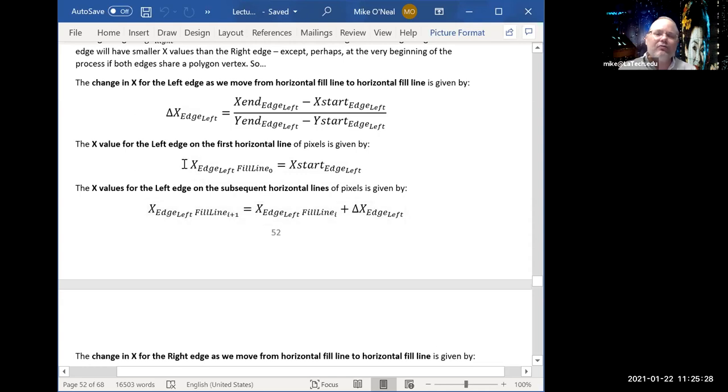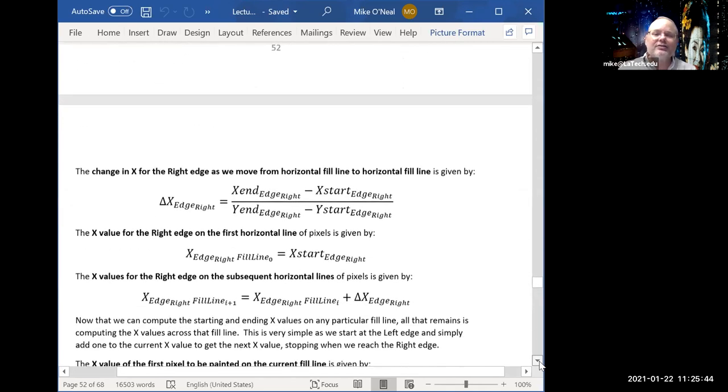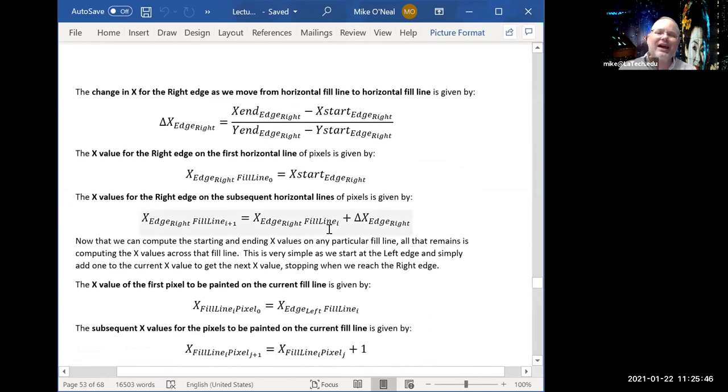And then from that, say for fill line i starts at 0, you can compute fill line i plus 1 by adding in the dx. This is just in math form what we just talked about. So that's for the left edge. You've got to do the same thing for the right edge. These are exactly the same formulas. I just changed the word left to the word right here. Okay. So that gets us